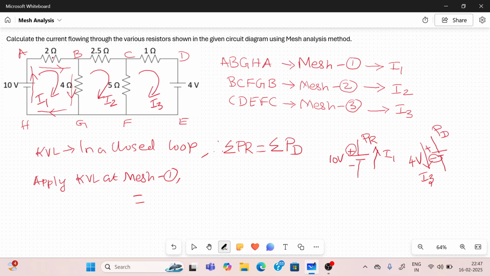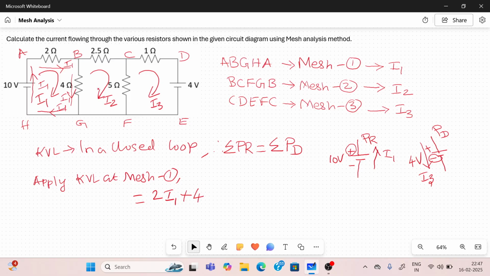The first drop will be the voltage across the 2 ohm resistor. What is the current flowing through the 2 ohm? Only the I1 current will flow, right? So the 2 ohm resistor is carrying only the current I1. So V is equal to I into R. I is I1, R is 2. So I1 into 2, that is 2I1. Then next there is a 4 ohm resistor that is also creating a drop, plus 4 into what is